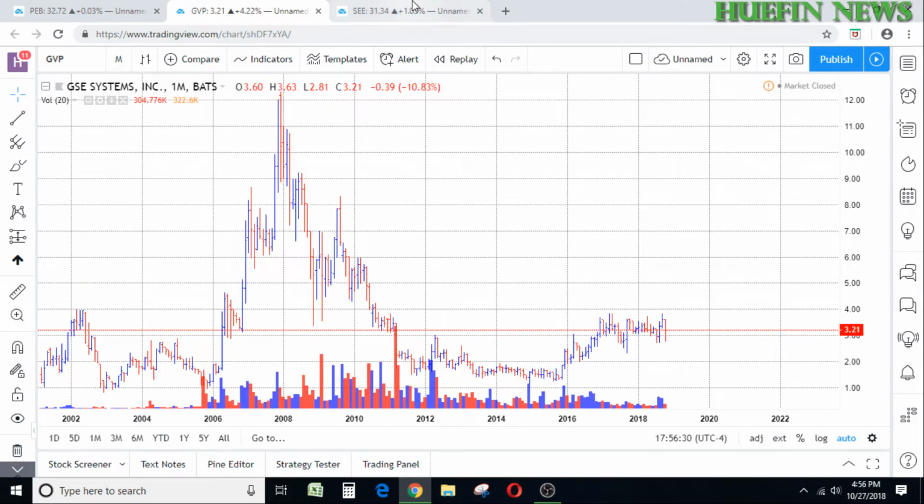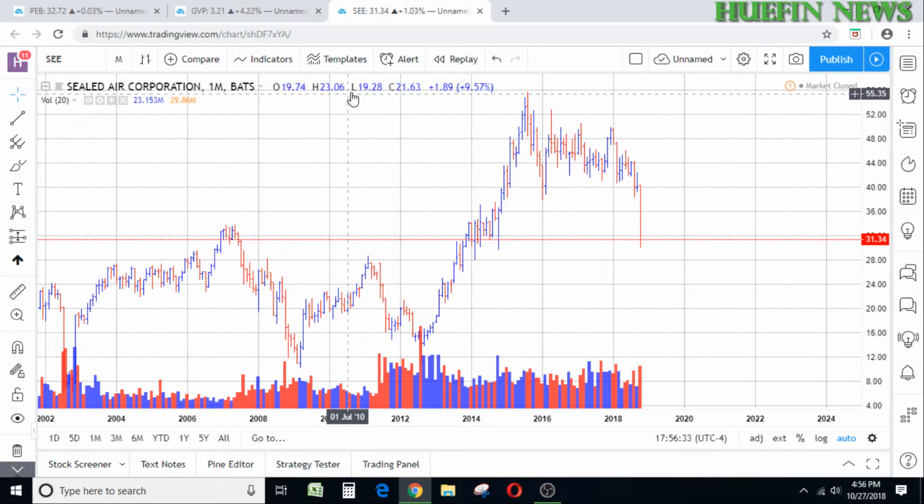Okay, so now the last one is the Sealed Air Corporation, ticker symbol SEE. The monthly chart, you can see this stock has been obliterated with movement to the downside. Obviously, looking at the monthly chart, you might think that this is not a buy right now, and I would agree with you